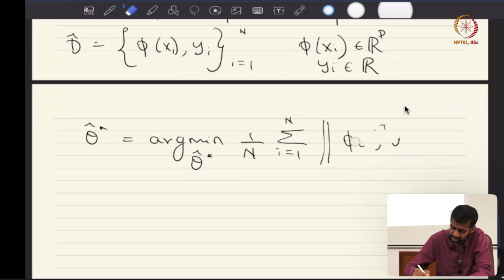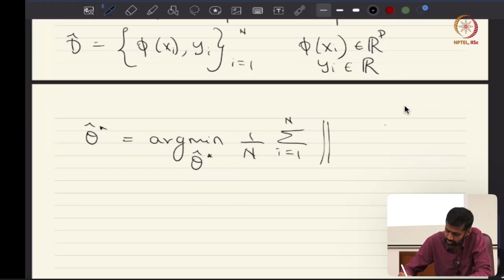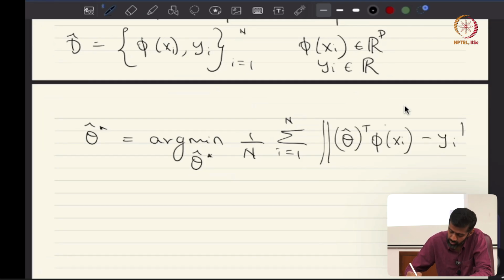So we will write it as theta cap transpose phi of xi minus yi. You solve this problem and now this will be equal to